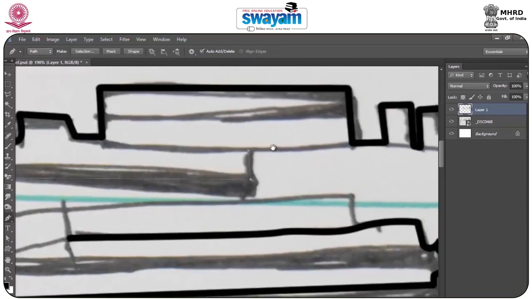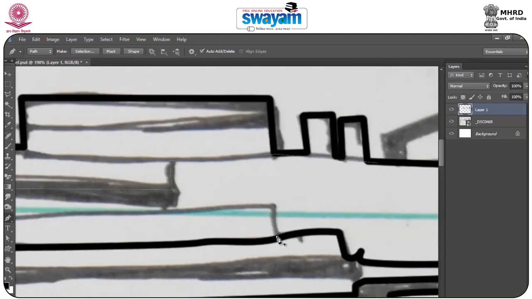After the stroke line is formed, you should press Delete. It will delete your path, not your stroke.